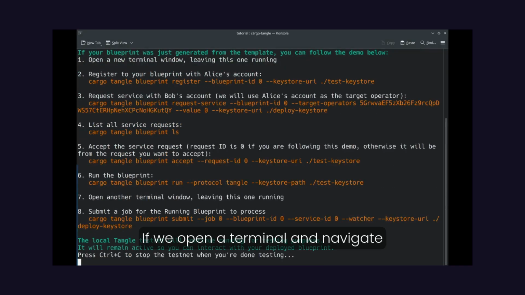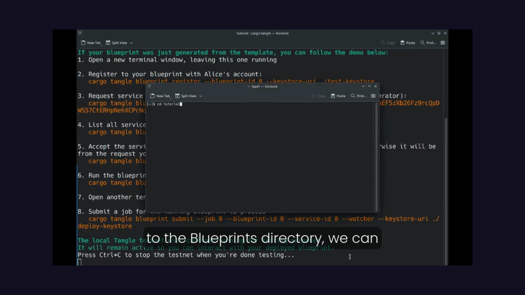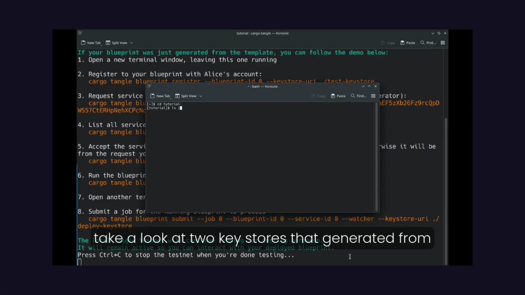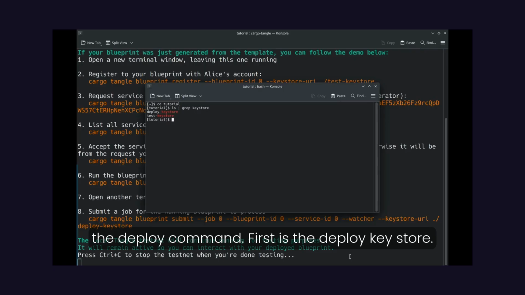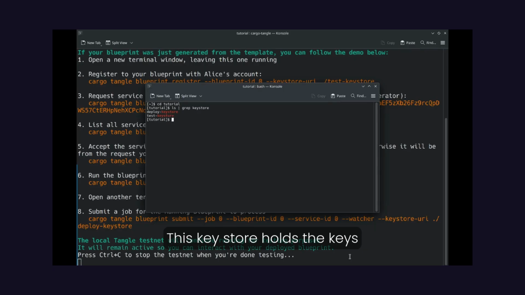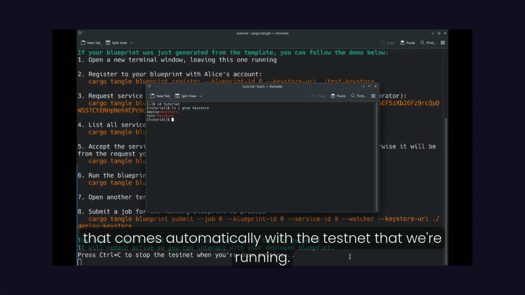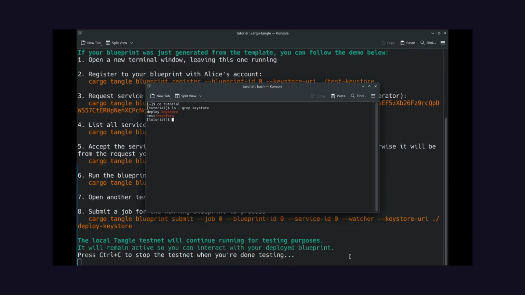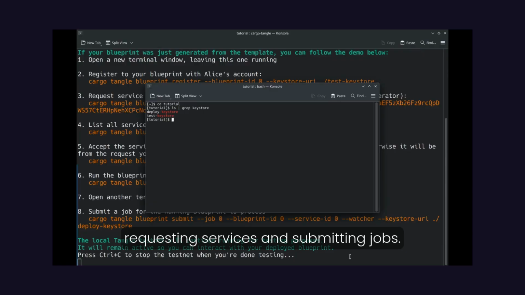If we open a new terminal and navigate to the blueprints directory, we can take a look at two key stores that were generated from the deploy command. First is the deploy key store. This key store holds the keys for Bob's account, the second account that comes automatically with the testnet that we're running. This key store is the one that will be used for deploying the blueprint, as well as requesting services